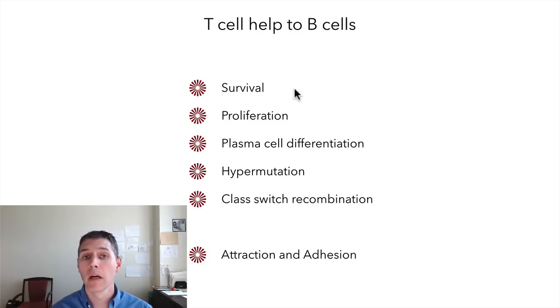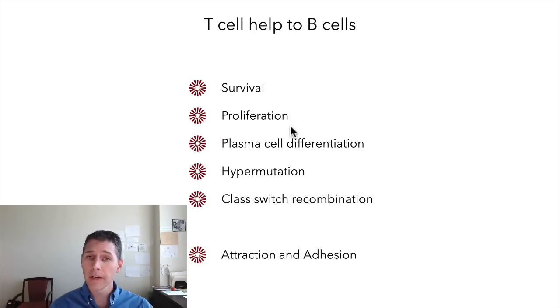CD40 ligand and IL-4 are probably the two most prominent survival signals, although it's also been reported that TFH can produce BAFF, and BAFF is a major survival factor for B cells as well. Then B cells that have presented antigen to the TFH cells and receive those survival signals